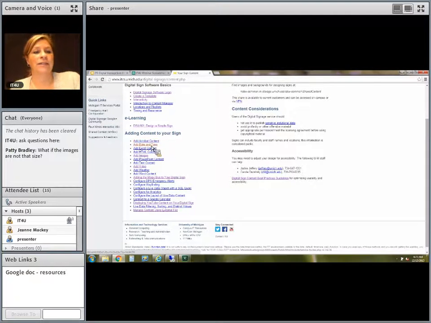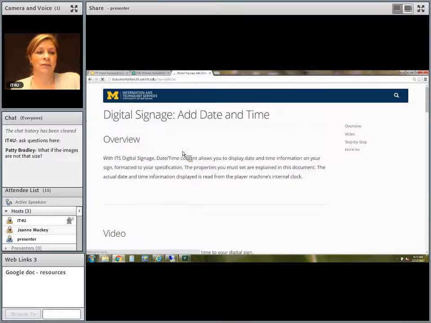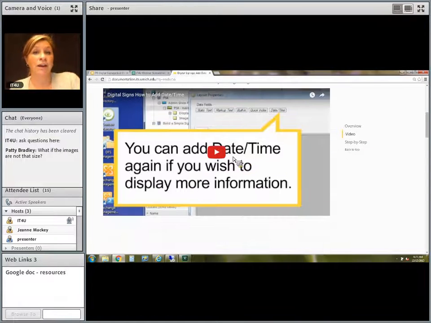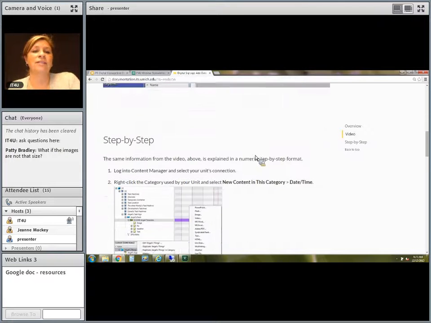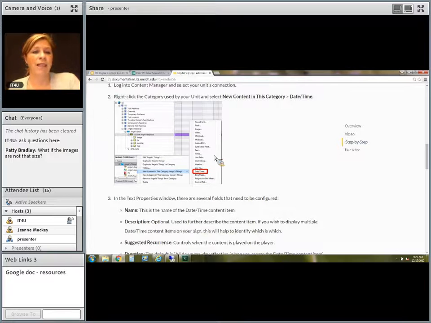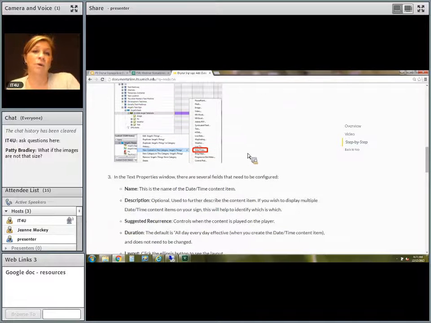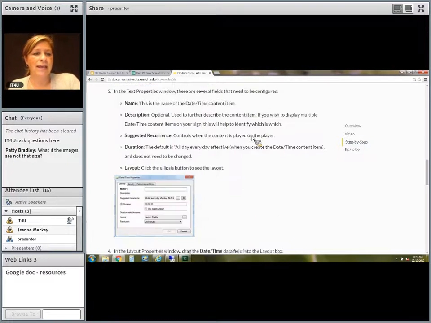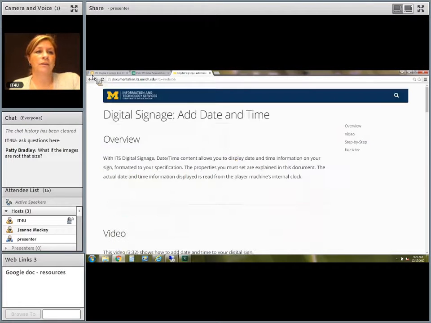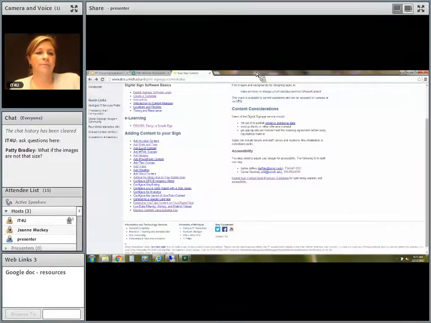So if I go into the date and time job aid, just as an example, it gives you some overview information, and then it goes into, there's a video. So if you're more of a visual learner, you can see the video. And then there's step-by-step instructions with screenshots. And again, those fun red blocks that draw your attention to what you need to do. And then if there's any tips or tricks, those have been added as well. And if there are any topics that aren't listed or any information that you'd like to know how to do, just let us know and we can work on getting that documented as well.